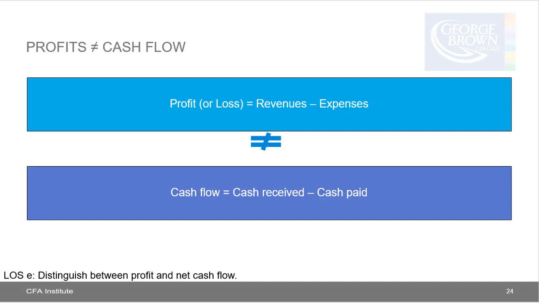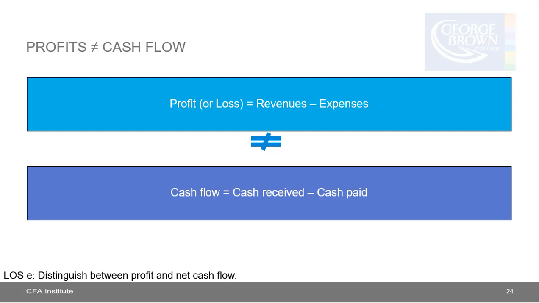So equally, the cash paid for expenses during the period is not likely to be the same amount as the expenses recognized on the income statement. Thus, profits and net cash flow are typically not the same amount. The balance sheet reports long-term assets when they are acquired, but there is no long-term asset expense shown immediately on the income statement. Instead, the use of a long-term asset is expensed on the income statement over its useful life by using a depreciation expense, which we've already gone through. So a company must eventually generate profits to provide returns to shareholders, but it must generate cash to keep itself going because